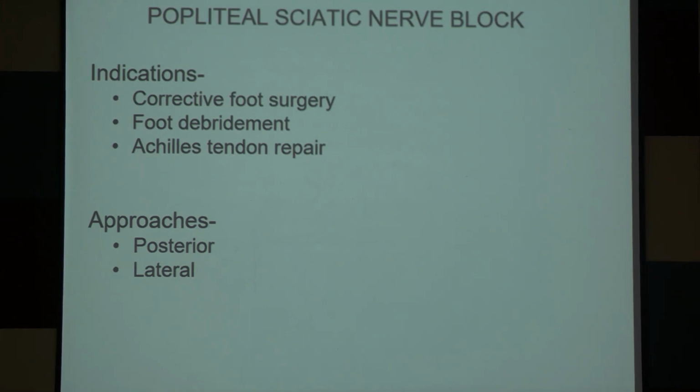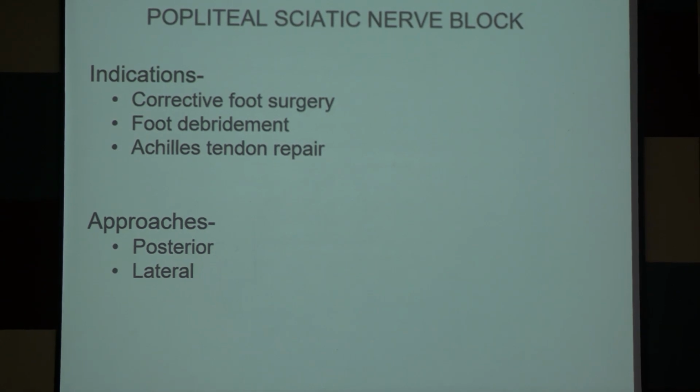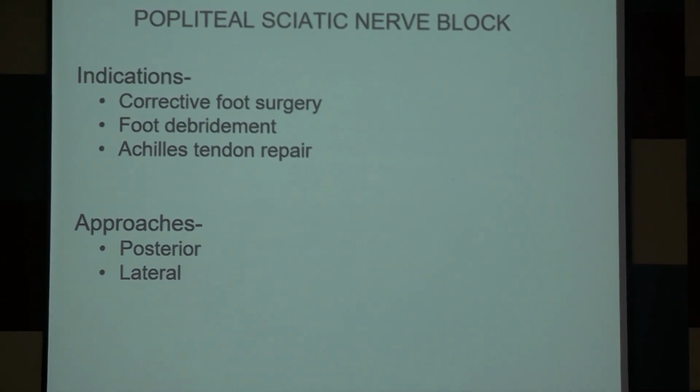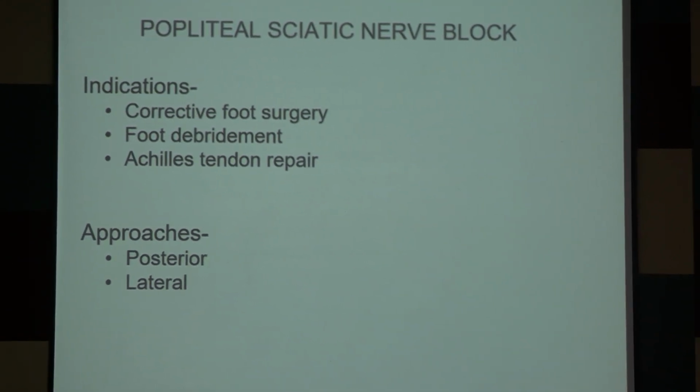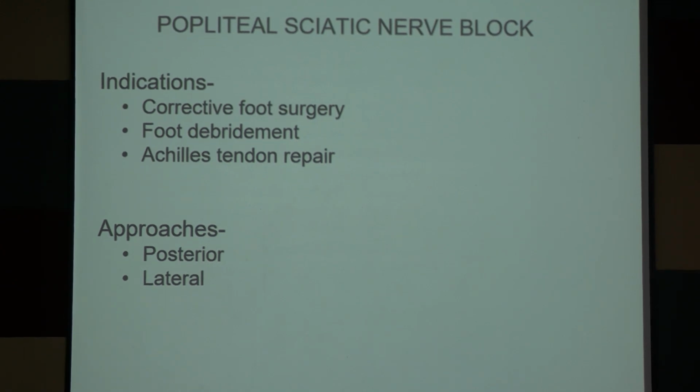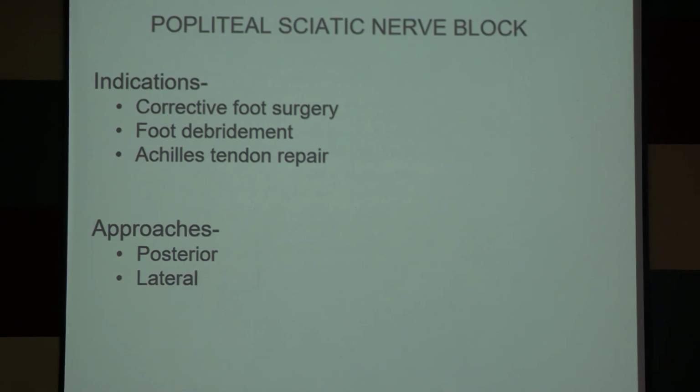So for all the blocks in general, first of all, you have to see somebody performing these blocks: what the muscle twitches are, and how you recognize if you are at the correct place or not. Firstly, you have to know the anatomy, because that is how you know where to put the needle or where to put the probe. Without knowing the anatomy, you cannot do it. Secondly, for every block, remember the indications, which zone the nerve plexus is supplying. So any surgeries to be performed in that zone form the indication of that blockade.